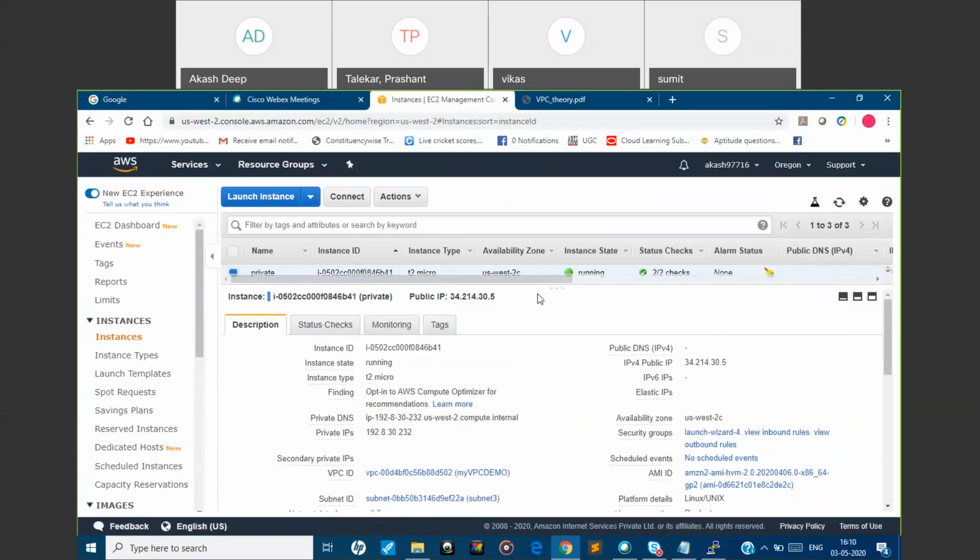See, now one more very interesting thing. The private IP here starts from 192.8.30.230. So basically this starts from 192.8.30, your machine IP.